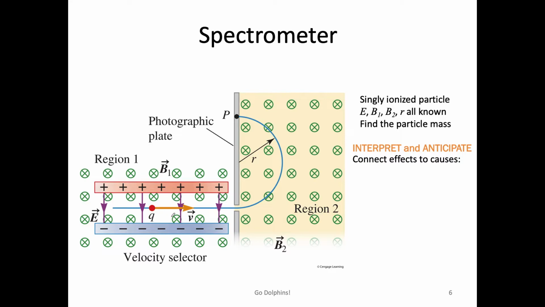Now we select velocity v, the particle with velocity v, and have this particle enter another magnetic field. Now this time B2 doesn't necessarily have to be equal to B1. And as we said, the magnetic force here would be pointing up. But if your initial velocity is exactly perpendicular to the magnetic field,